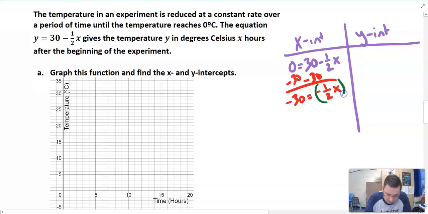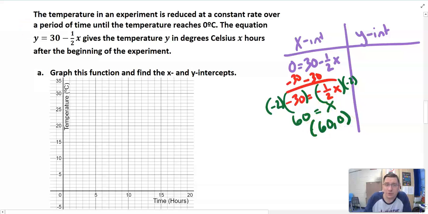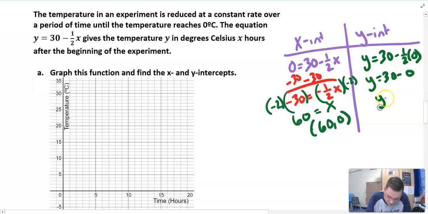And then from there, we're going to need to get rid of the negative 1/2. And so I'm going to multiply both sides by the reciprocal. So I'm multiplying both sides by negative 2. And so I get that 60 is equal to x. And so that gives us the ordered pair (60, 0). Now we do the same for the y. And so we're going to see that now x is 0, and y is equal to 30 minus 1/2 times 0. So y is equal to 30 minus 0, so y is just 30,